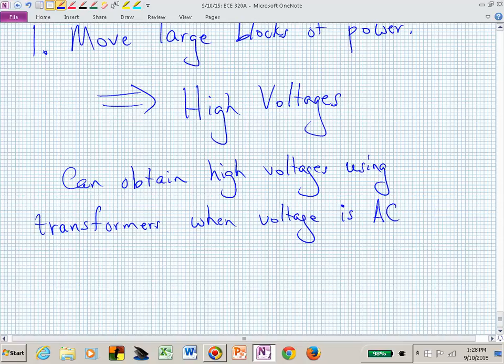We can obtain high voltages using transformers when voltage is AC, versus maybe using rotating machines to convert a DC voltage from a low value to a high value. And those DC machines are moving mechanical parts. That transformer just sits there. Obviously, you have to wrap the wire up, but it's just a static device